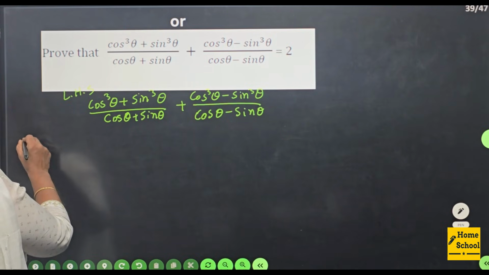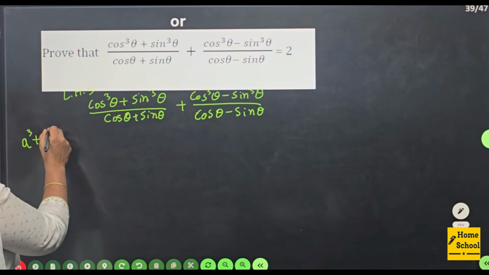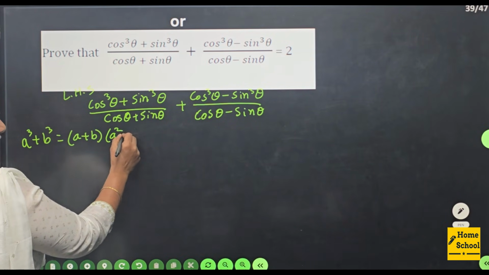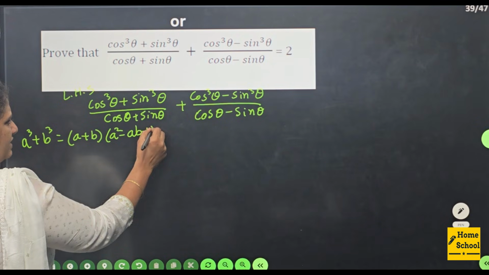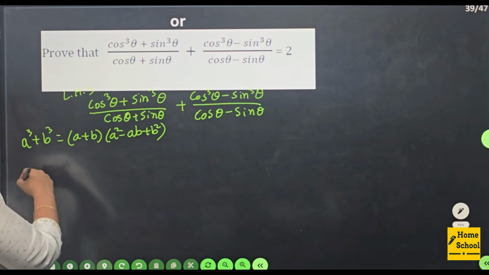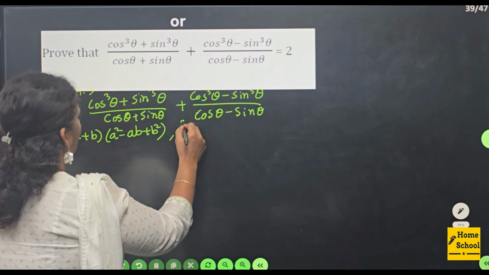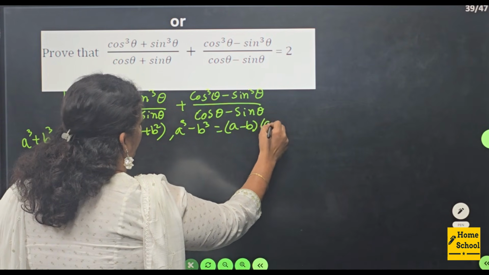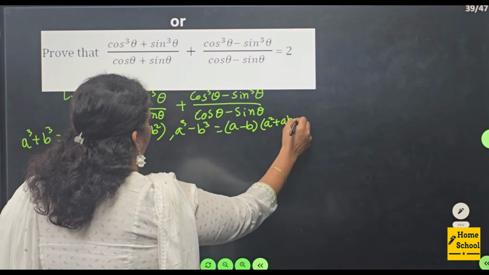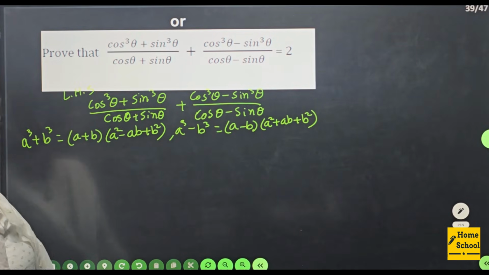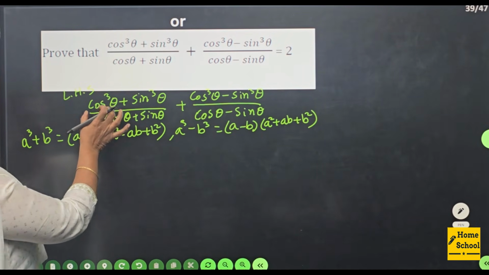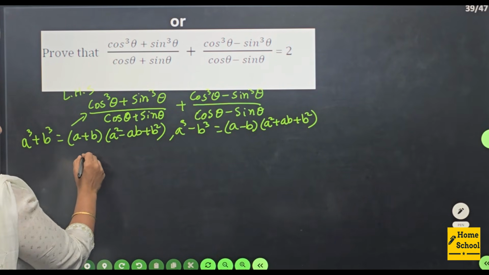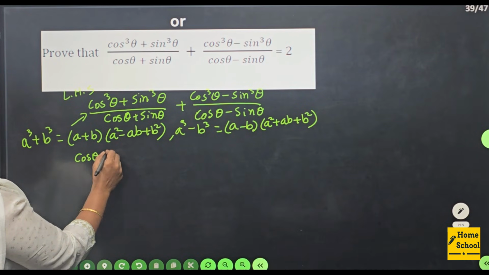We know a cube plus b cube is equal to (a plus b) into (a square minus ab plus b square). And another formula, that is a cube minus b cube is equal to (a minus b) into (a square plus ab plus b square). Apply this formula here. A value cos theta, b value sin theta. Apply this formula here. That is cos theta plus sin theta